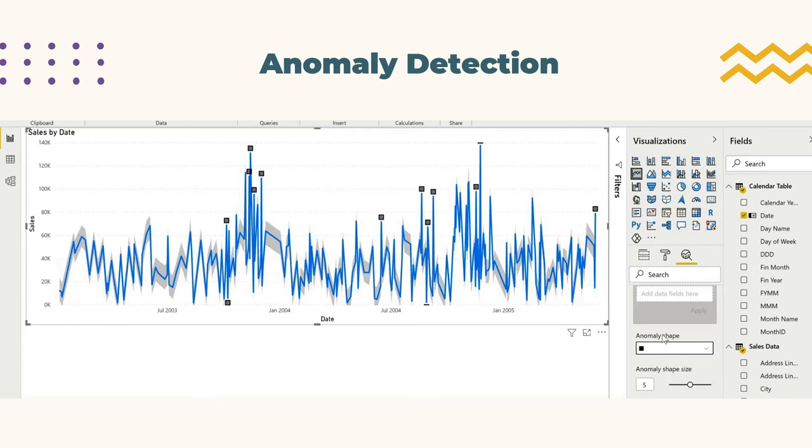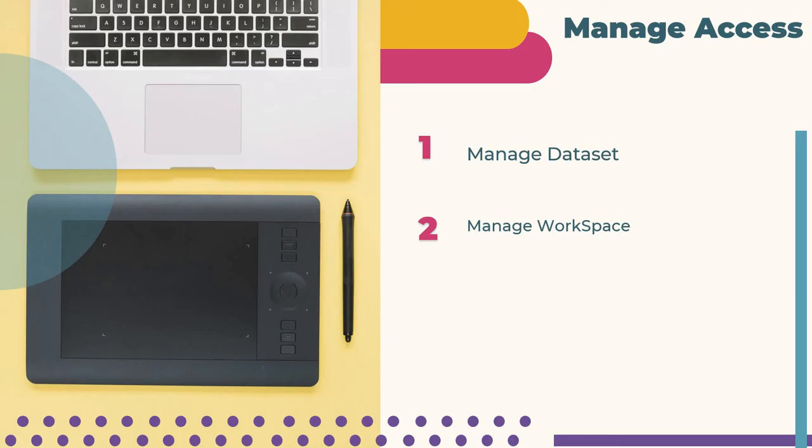Also, data analysis is related to finding insights for sudden increase or sudden decrease, as we explained in our course. Finally, the final topic is related to manage access, and here they will ask you about 2 different topics for manage access: either manage datasets, for the user to see the dataset or not, and also to manage